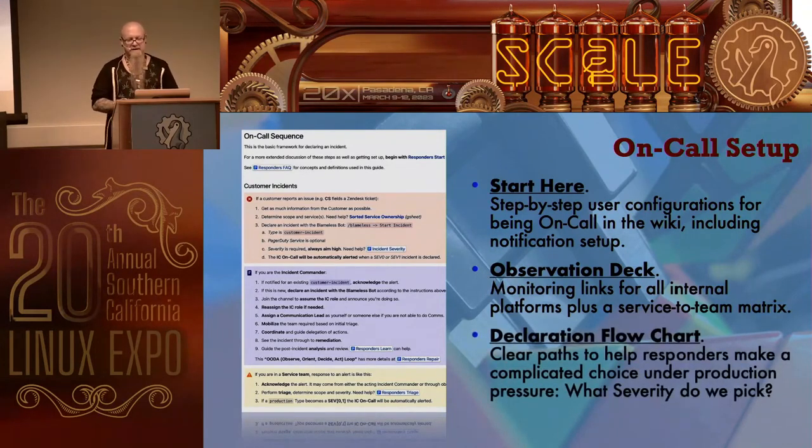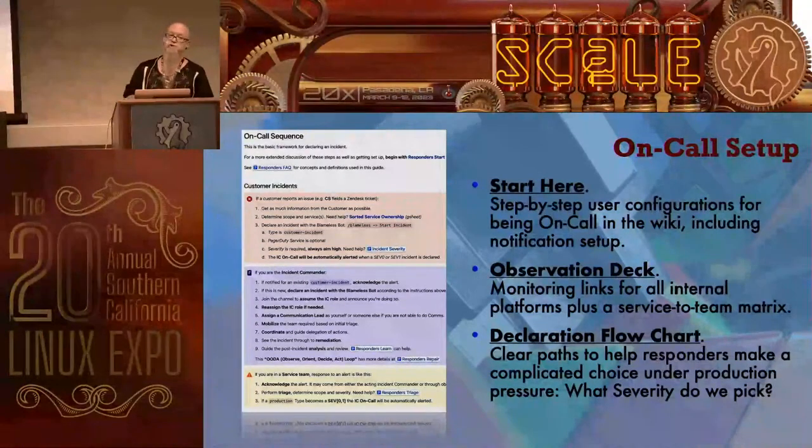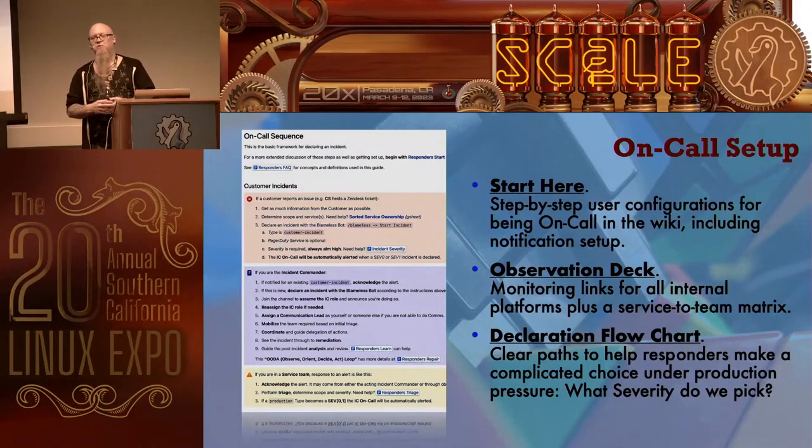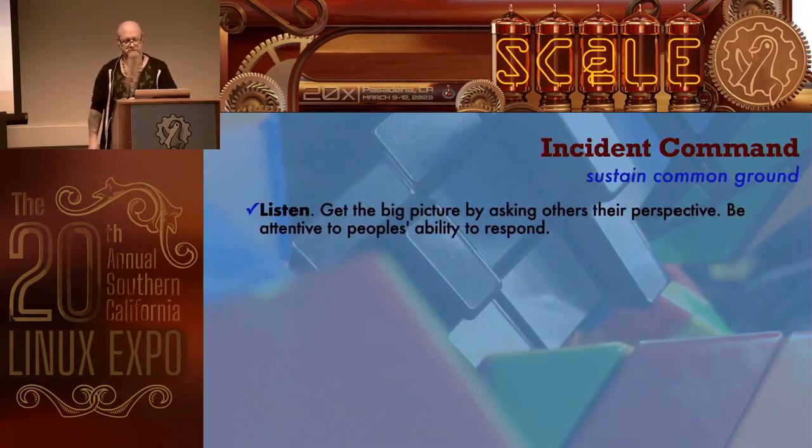The other thing that I showed you a little bit in that exercise earlier was that declaration flowchart, and this was a big help to a lot of people because if you're like me, you are a visual thinker. When I see a wall of text, and I apologize that I'm showing walls of text, I realize that, but when I'm dealing with an incident, I don't want to read. I really don't. I want to look at that flow chart and figure it out. I know this, this, and this. Okay, Sev 2.